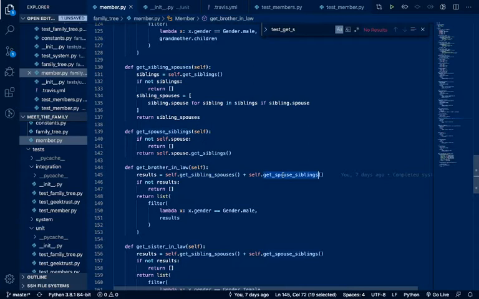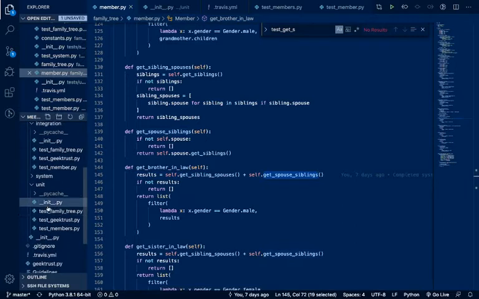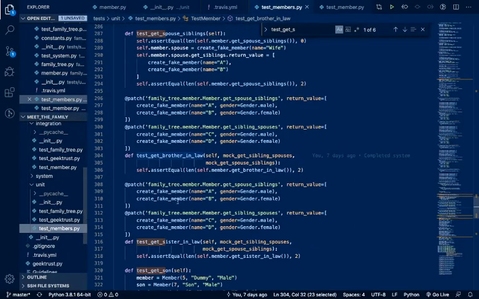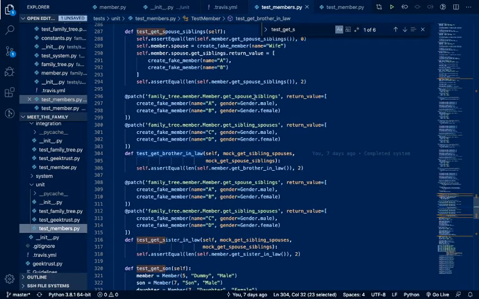So this is a unit test, and in a unit test we don't go out of our function, our method, right? So what we do is we mock these two functions. In test members we first of all mock get spouse siblings, and we return two values, male and female, right? In brother-in-law only male is supposed to be filtered.